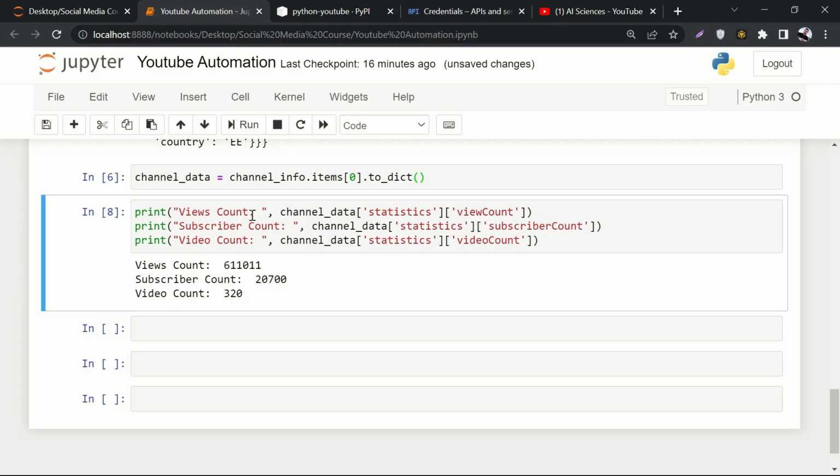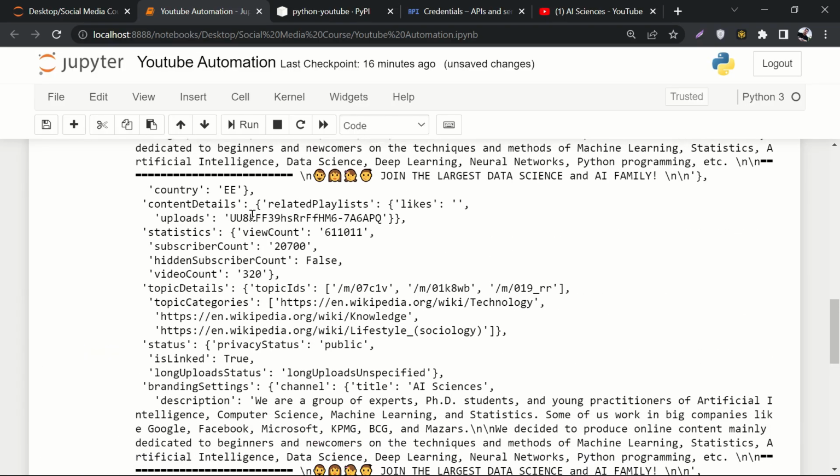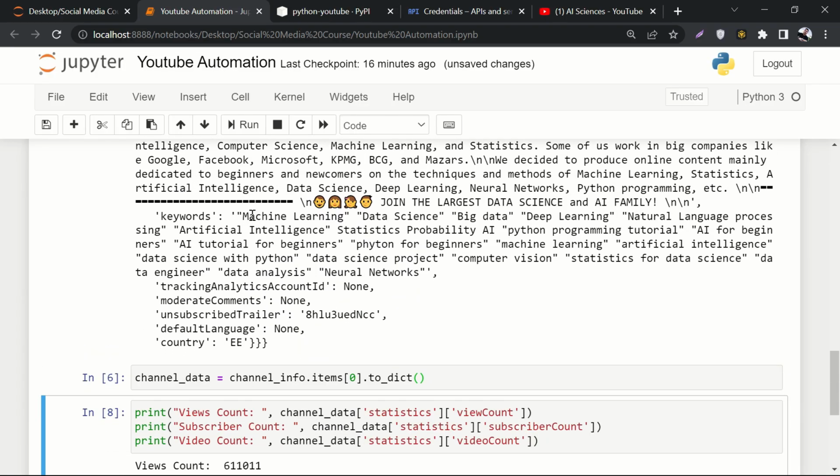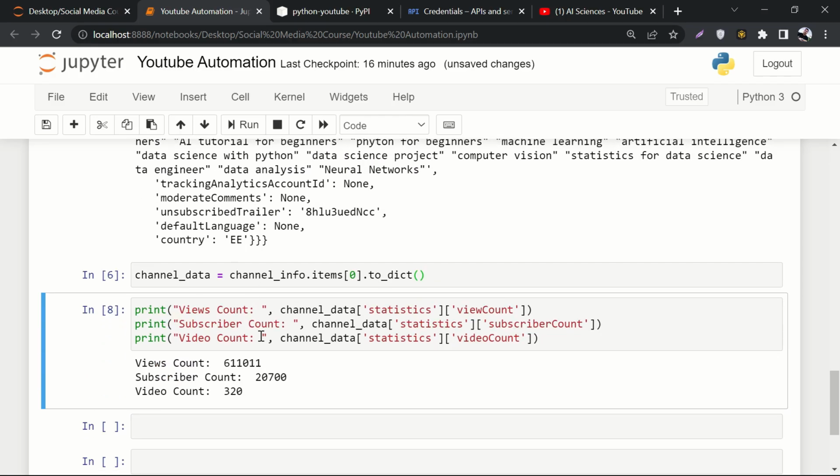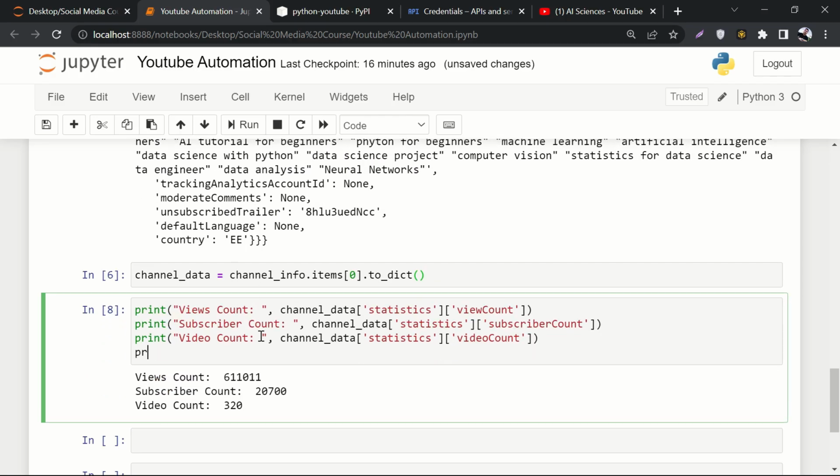So this is how you can fetch more information as well. For example, if you want to fetch the channel description, not difficult. So how can we do that? We can say print. So here we'll say description, and then